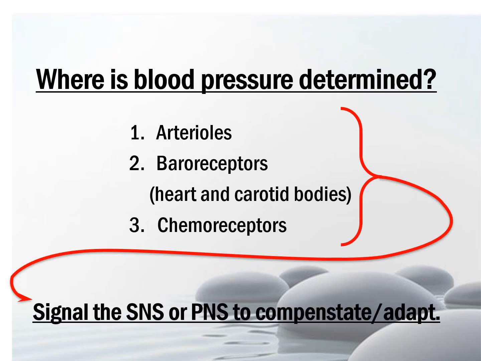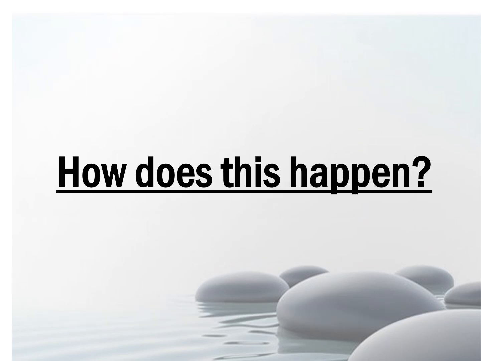So these things all signal the sympathetic nervous system and parasympathetic nervous system to adapt. And you know this if you've ever exercised or exerted yourself ever in your lifetime. When you're exerting, your body says, wow, we need more oxygen to keep this person from having a heart attack and dying. So your heart rate goes up and your cardiac output goes up and your body responds. When you stop, the parasympathetic nervous system says, hey, that's all over. Let's calm everything down. So that is the way it